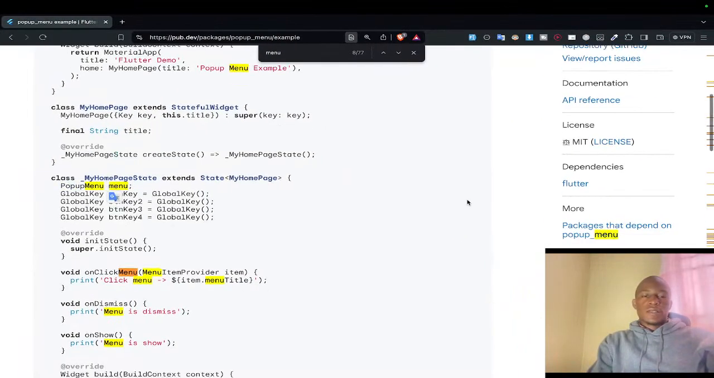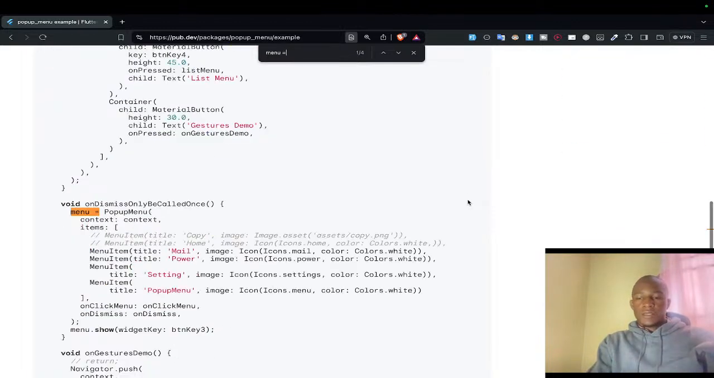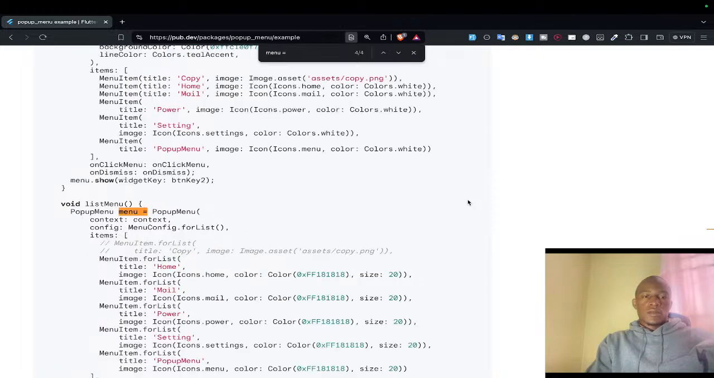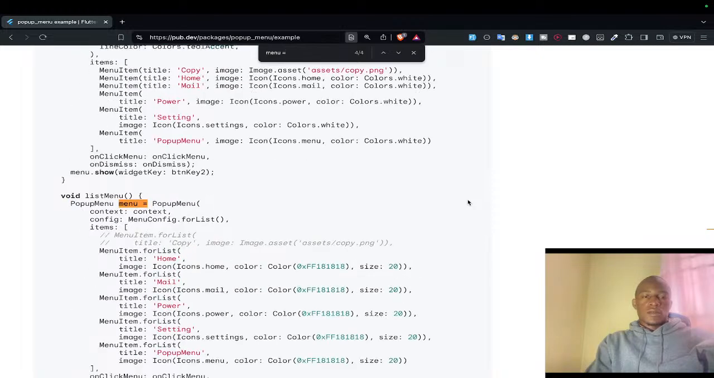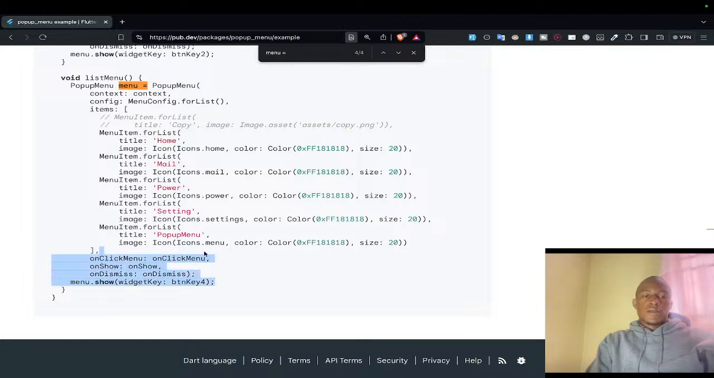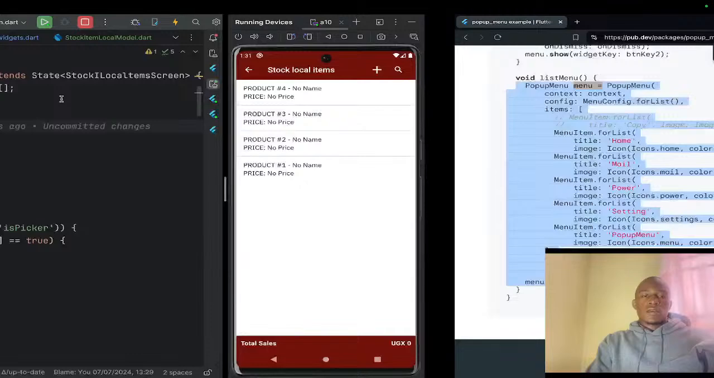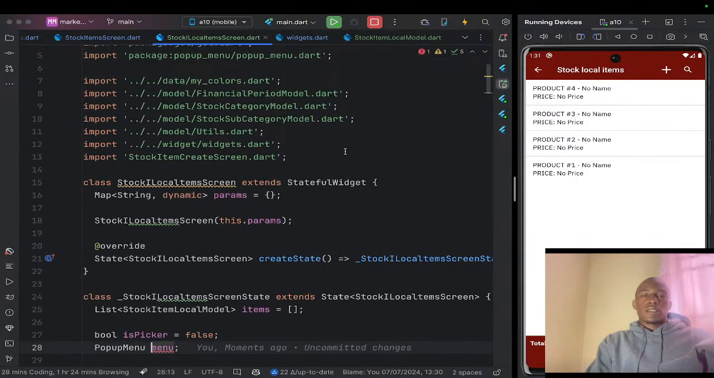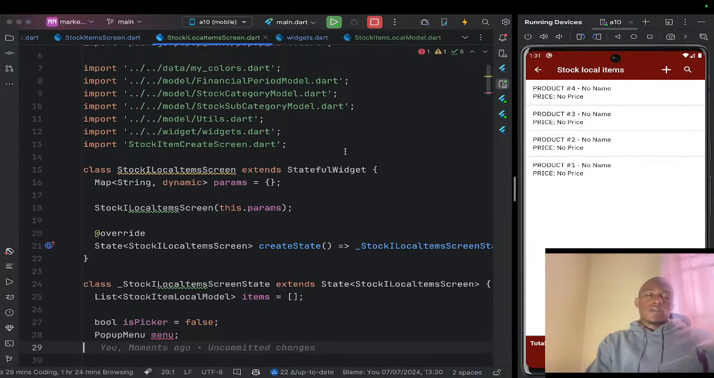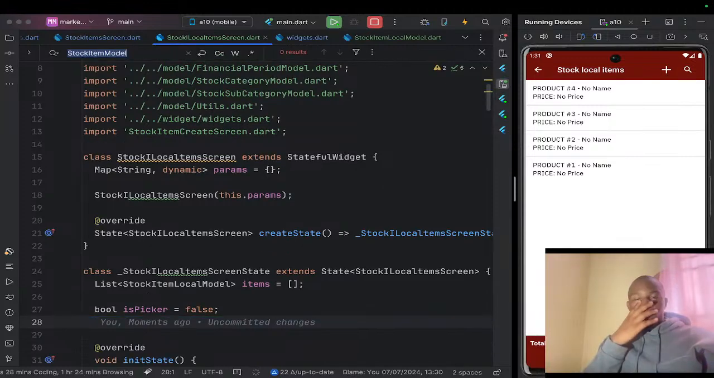So how do you initialize it? Alright, you can as well use it like this, I think. Alright, let's try to use it like that. We are learning together. Alright, so let's go to our list